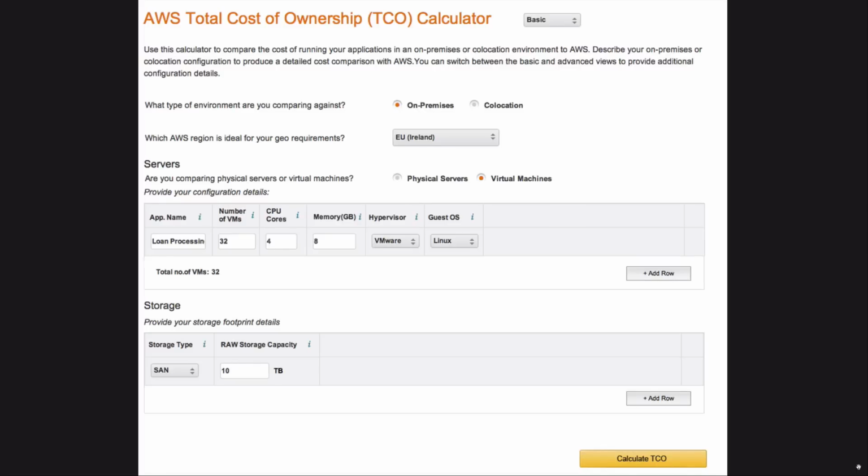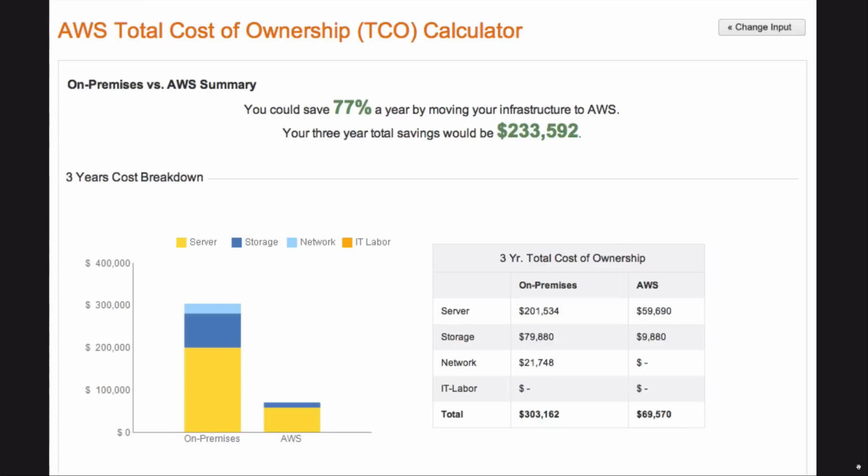And this has recently been refreshed. So if you visit the TCO calculator, and I'll show you a link at the end of the section where you can find that, you'll be asked to enter the characteristics of your environment. And it's a good idea to break this down, and if you can, do it application by application, because you may have relatively complex infrastructure organized by application in your environment. You can break it down by application and then use that to phase an app-by-app migration program if that's what you want to operate.